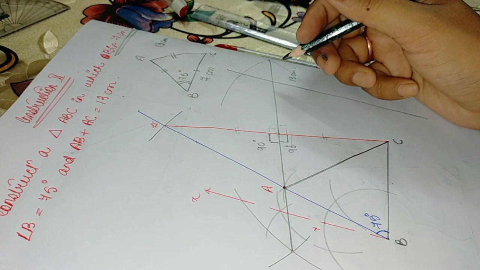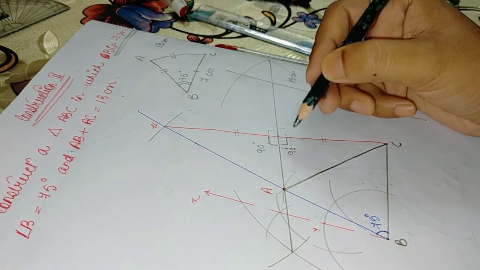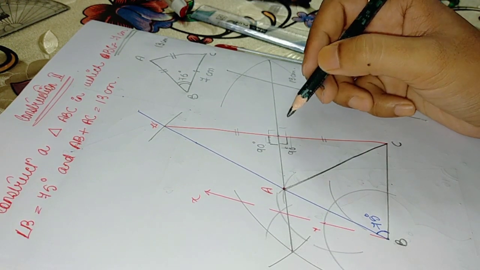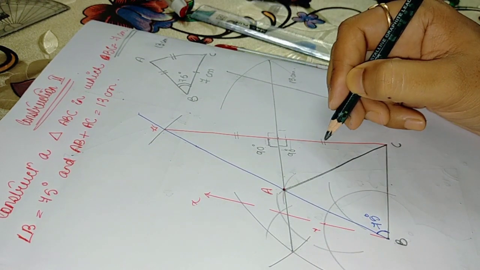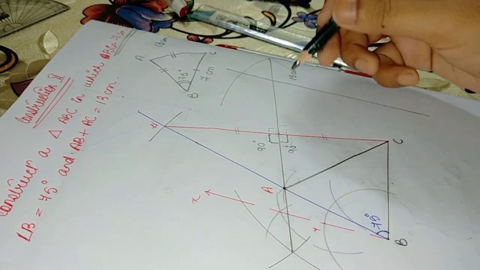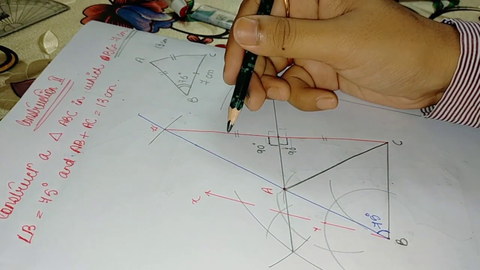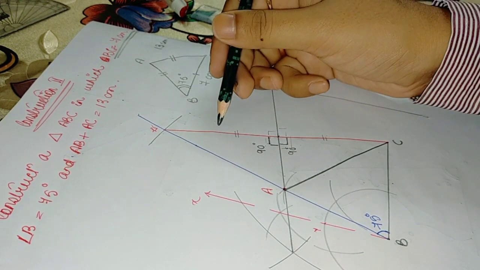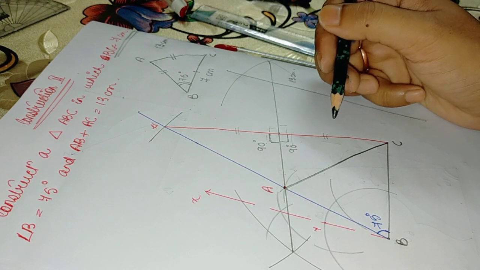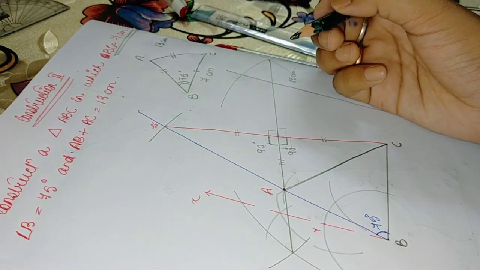Everyone listen carefully to this, okay? This particular angle is 90 degree and this particular angle is 90 degree, isn't it? Now this and this particular side both are equal, I have said, because I have drawn a perpendicular bisector, and if this is a perpendicular bisector, then this line segment and this line segment will be equal, isn't it? Okay, and this particular side is common.